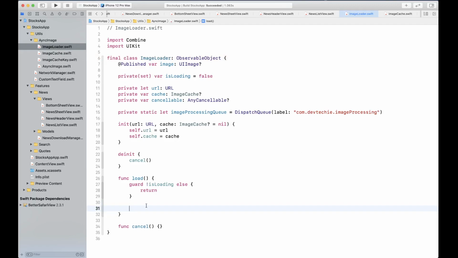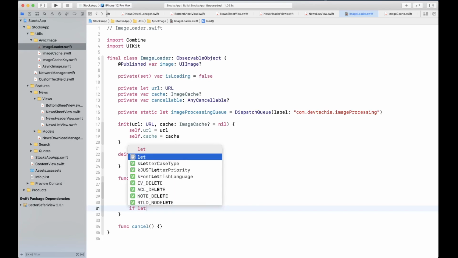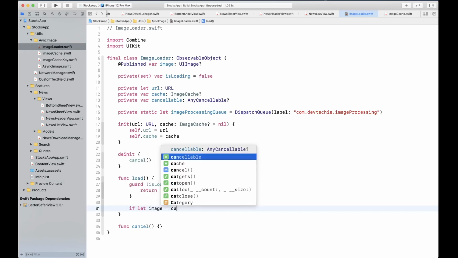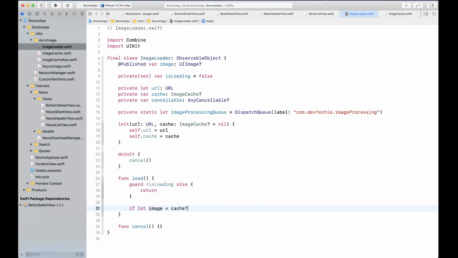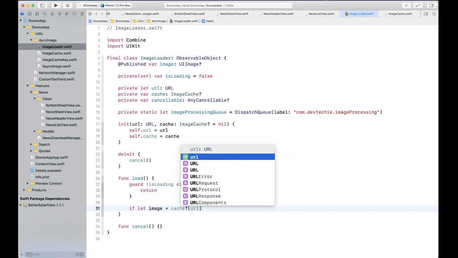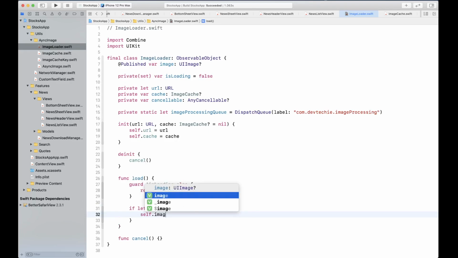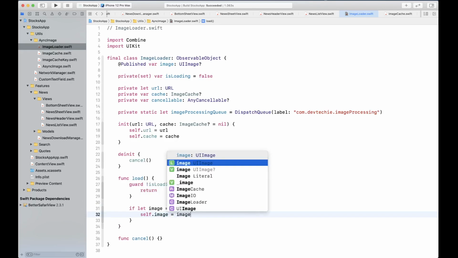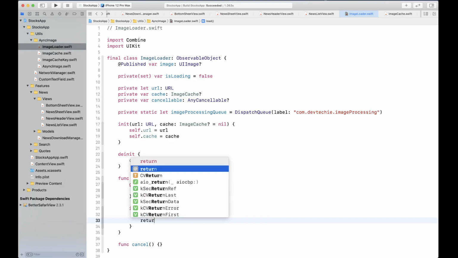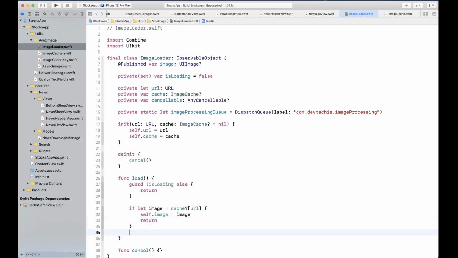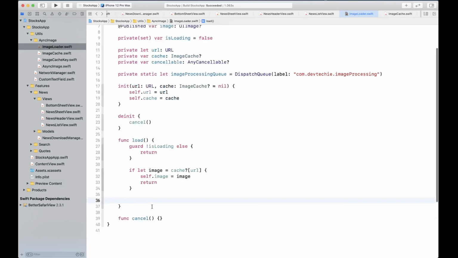If not, then proceed and first get the image from the cache. See if the cache has the image for the given URL. If it does, then assign self.image to the image that we have retrieved from the cache, and return from here.